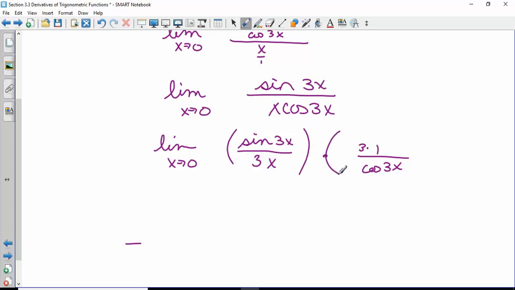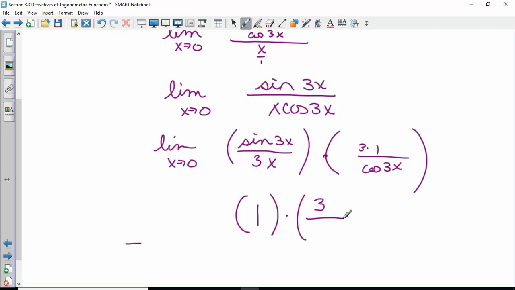Now our limit rule says we can do the limit of each one of these and then multiply those answers together. The limit as x approaches 0 of sine 3x over 3x would be 1. Times over here, 3 times 1 is 3, over cosine of 0 is